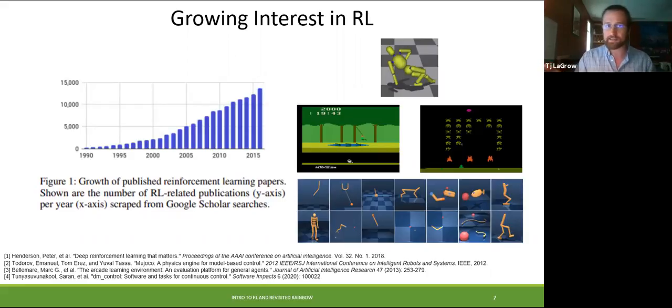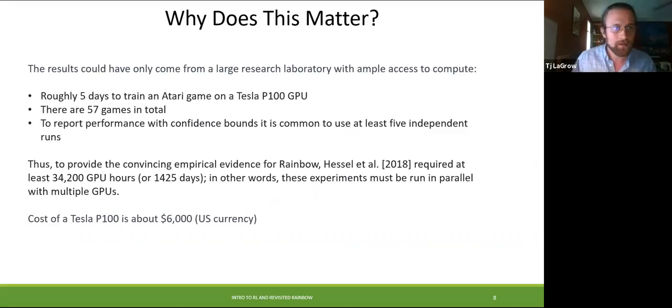In control tasks such as MuJoCo, shown at the top, which was developed in 2012, and control tasks on DM Control as well. We have Atari here in the second row, and then a new suite that was actually released last year for more control tasks. However, a lot of these benchmarks have really helped evaluate these new methods